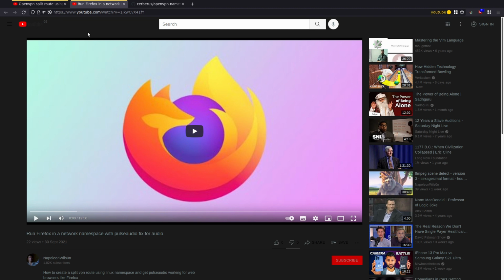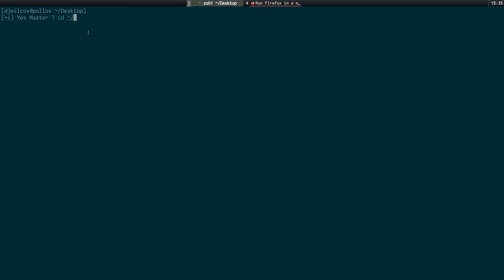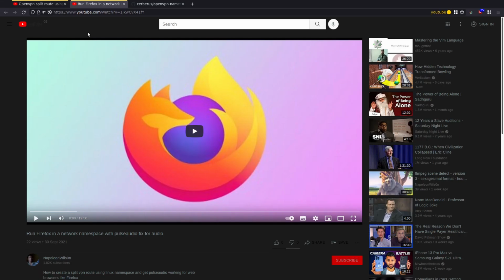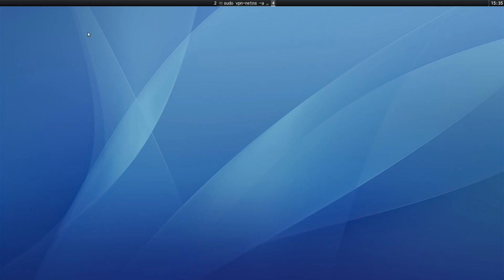network namespace. So what I'm going to do is come across to the terminal and fire up my VPN. And what this is going to do is create a separate network namespace called VPN. So sudo, let me just start this up. And I think I just mangled the password. Okay, so what we've got here is two connections now, and I can run Firefox in